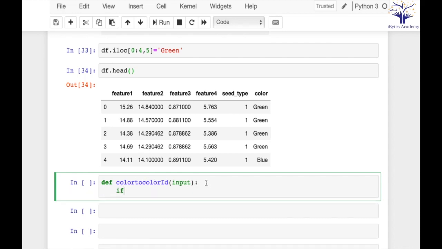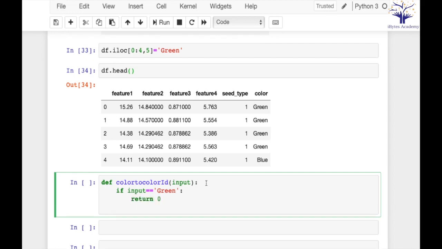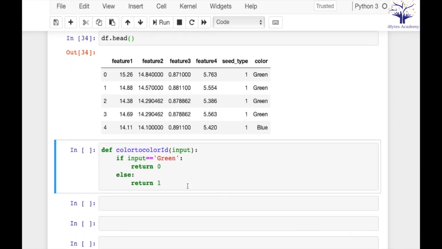So if input is green, return 0, right? And okay, else return 1. So एक सिंपल सा फंक्शन बना लिया कि अगर ग्रीन है इनपुट तो 0 रिटर्न कर दो, एल्स 1 रिटर्न कर दो. ओके, सो व्हाट आई हैव टू डू इज